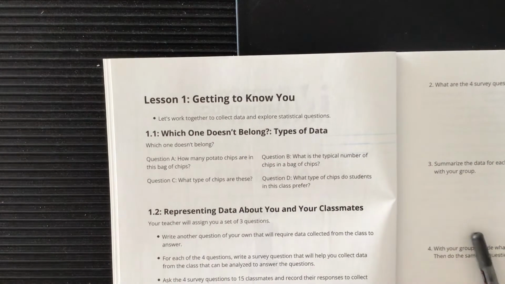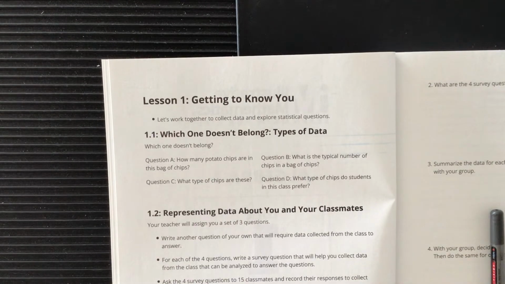Faye, what do you think? I said question A because it is the only one that says what kind of chips, like potato chips. Okay, that one is the only one that actually says potato chips. And maybe the other type of chips other than potato. Okay. Anybody else? Georgia. C, because it's the easiest one. C, you think that is the easiest one.